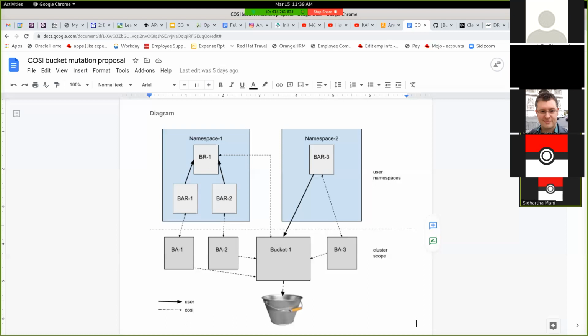Let's say just left side namespace 1. I've done all those things. It's all under my control. And if there was no namespace 2 in that diagram, I have full control of the life of that bucket, right? I can delete my BR, I can delete my BARs, and those will trigger the right deletions and the bucket goes away. As soon as the admin tells some user in namespace 2 the name of bucket 1,